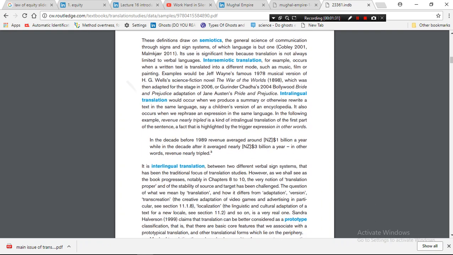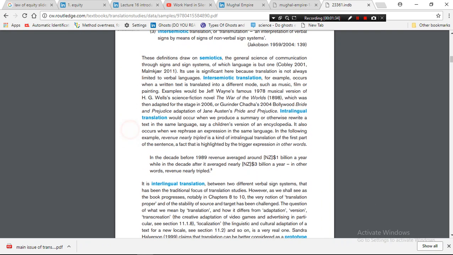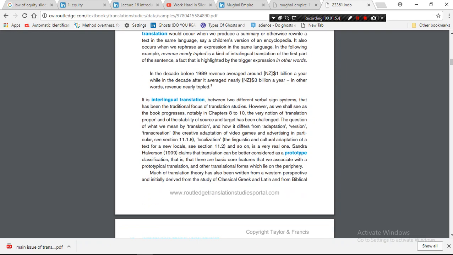Okay, intralingual translation occurs when we produce a summary or otherwise rewrite text in the same language, such as a children's version of a text. It also occurs when we rephrase an expression in the same language, as in the following examples. And this is interlingual translation, between two different verbal sign systems,